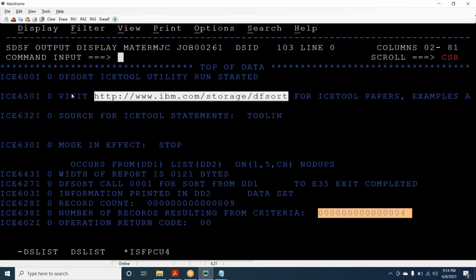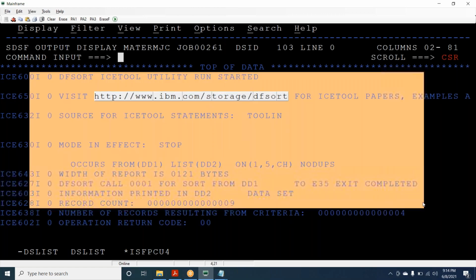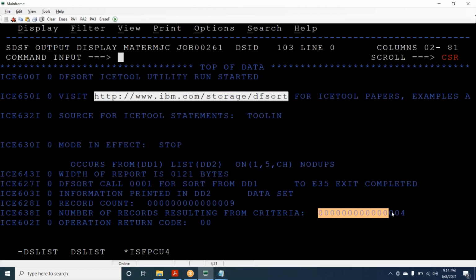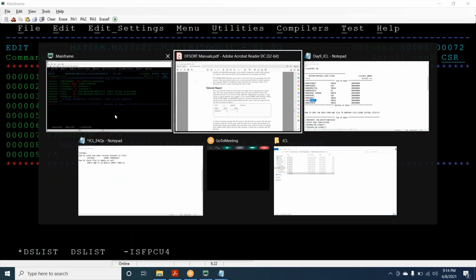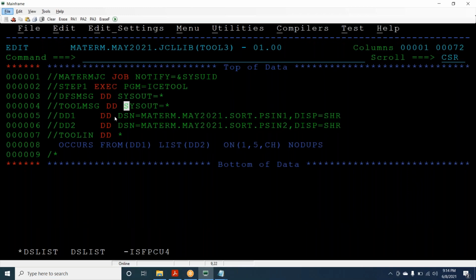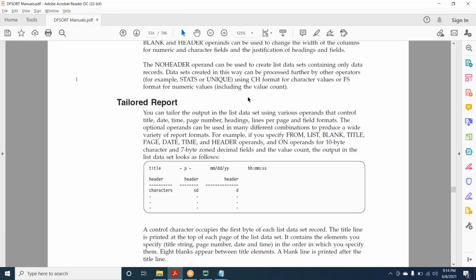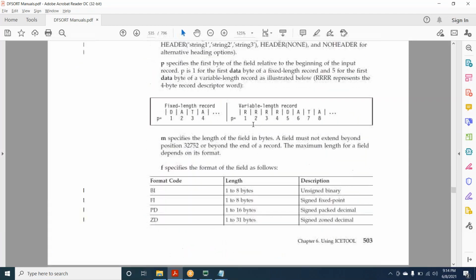You have to take care of the sort utility, remove these rows, and using INREC and OUTREC you can copy this data. It is not straightforward; you have to write multiple steps. If it becomes complex with multiple JCLs, we can write a program, depending on your situation and requirement.